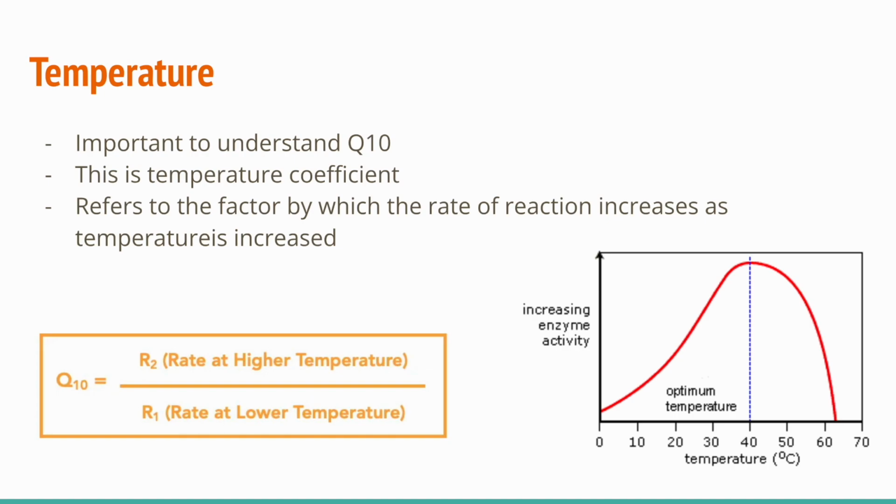It's also important that we understand what Q10 is. So Q10 is a temperature coefficient, which is calculated by dividing the rate of a given reaction at its higher temperature versus the rate of reaction at a lower temperature. Higher temperature is usually the same temperature plus 10 degrees